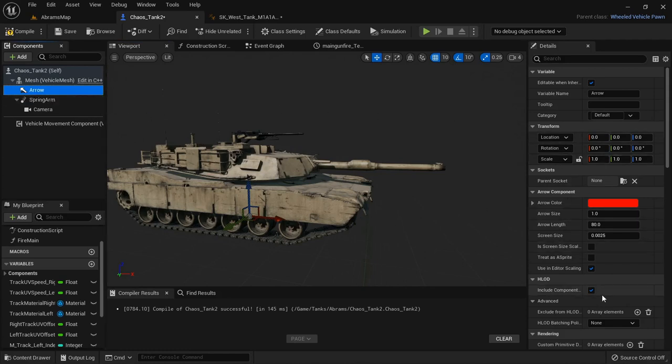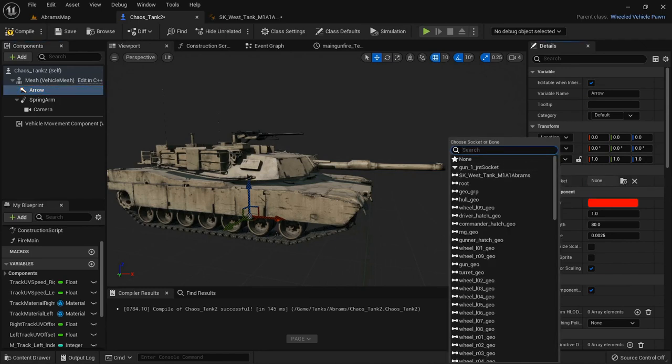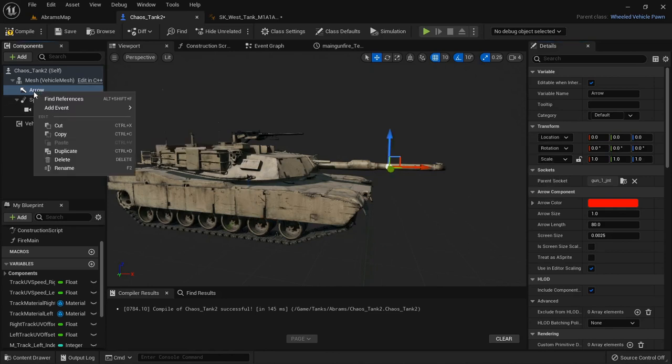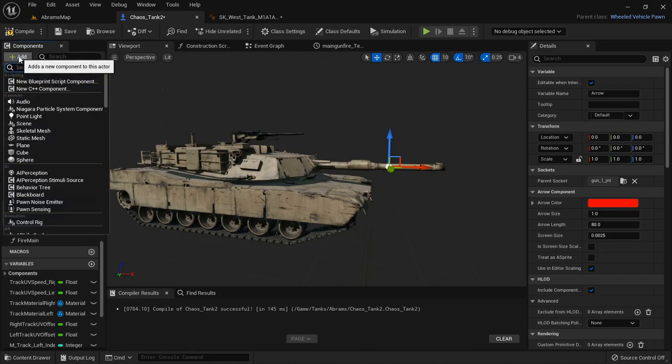If you go into the details of the arrow, you're going to attach the arrow to a socket. We're just going to attach it to the gun bone, gun 1 bone,